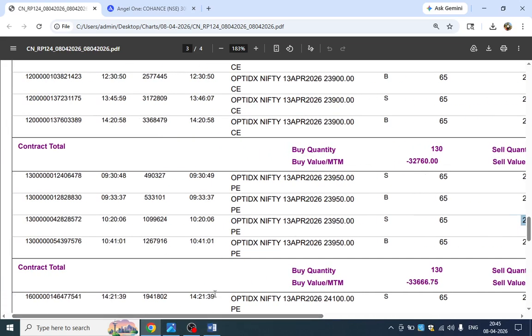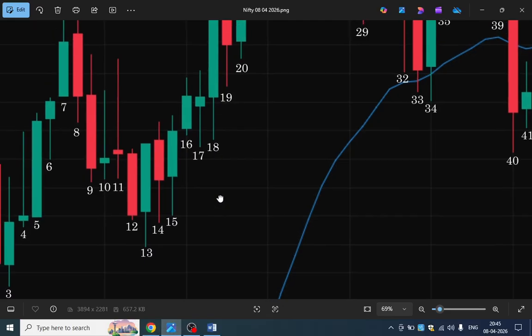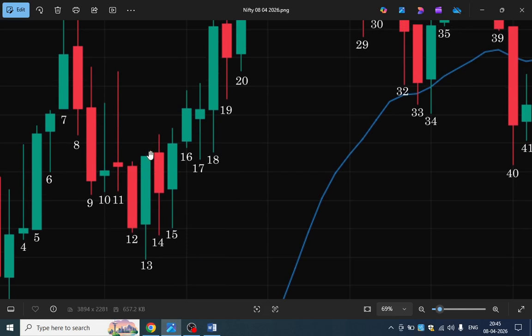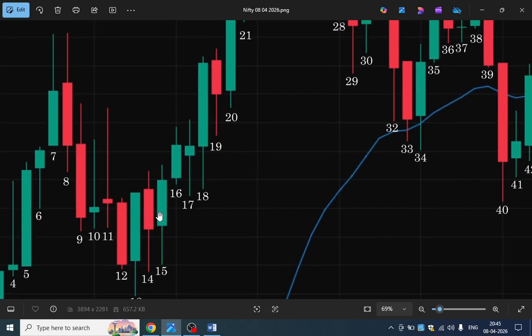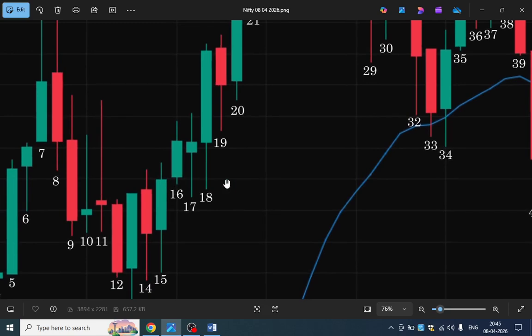And let's take this order. Let's try to understand what mistake I have made. At 247 I sold it, and these two bars were formed, and eventually I placed my stop loss. It means I was going to exit my trade if on bar 15 it went below 14, but luckily both were defended by the bears and I was in profit.